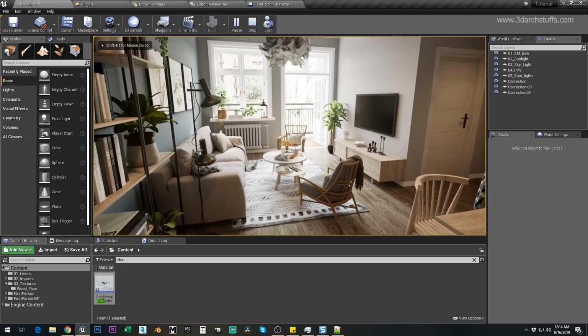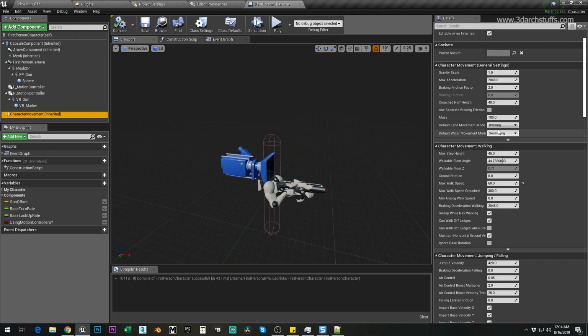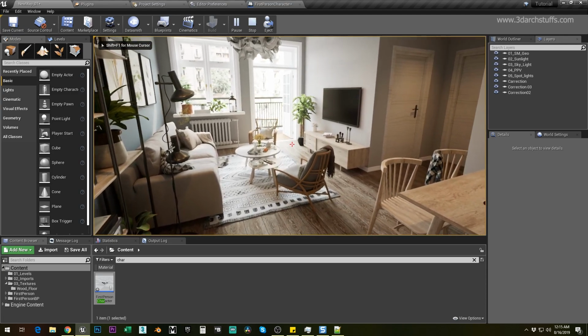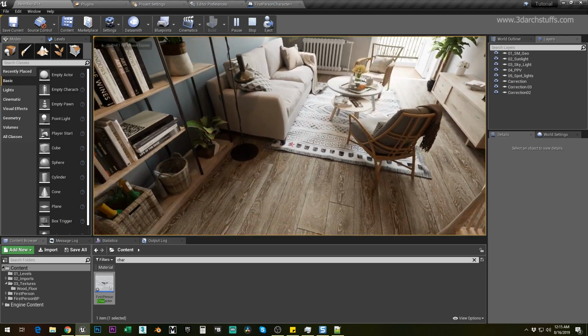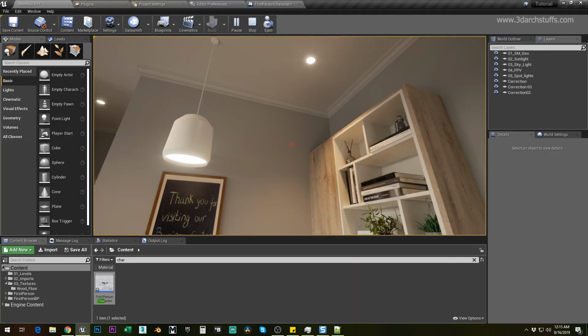And as you can see, your character is still fast. 65 is also fast, so let's make it maybe 45, compile, and then go ahead and play. And now you can see your character moves very slowly inside the scene, and you can see this crossbar now,